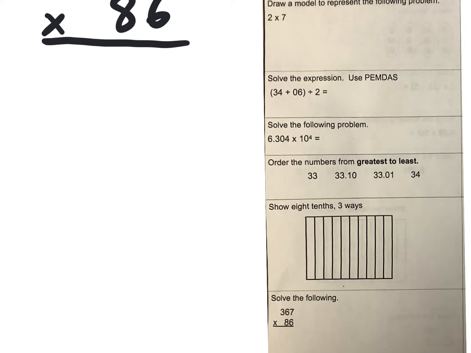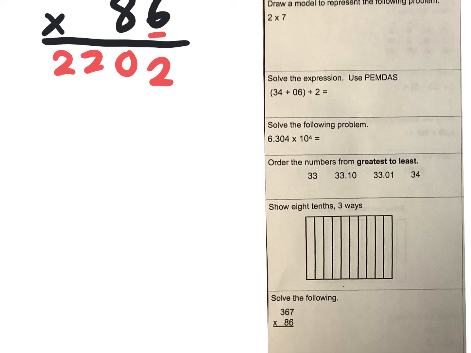All right, guys, so now we are at solve the following. Multiplying multi-digit numbers. This is the skill that we're going to be practicing this week. Most of you are already whizzes at multiplying multi-digit numbers. So if I could get your help this morning, when I am multiplying 367 times 86, I'm going to multiply this 6 by each digit so that I can get my first partial product. 7 times 6, 6 times 6, plus 4 more, 6 times 3, plus 4 more,